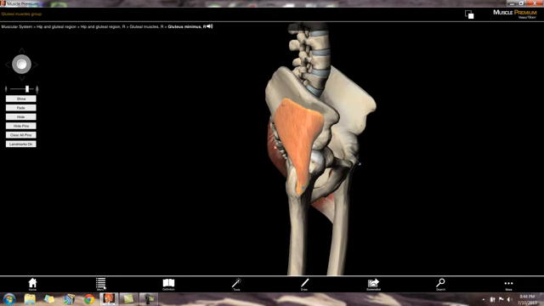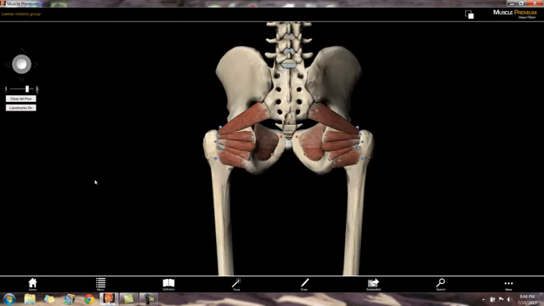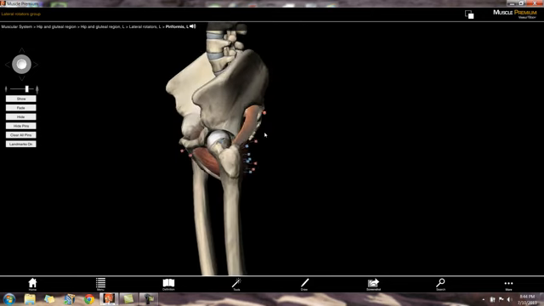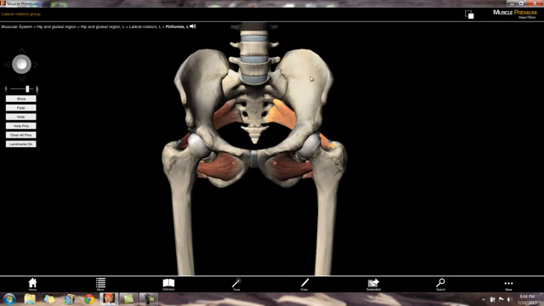And then our last group of muscles that we need to talk about are our outward rotators, our lateral rotators. And superiormost is the piriformis, attaching along the ventral surface of the sacrum. So if I turn my sacrum, turn my pelvis around here, I can see that I have a pretty wide attachment along the ventral surface of the sacrum,